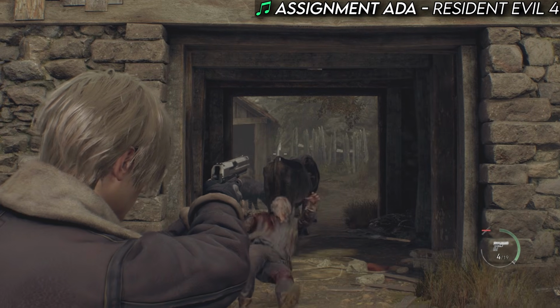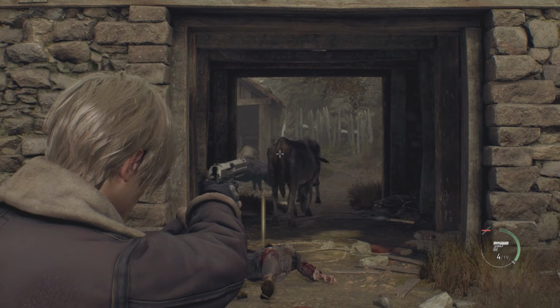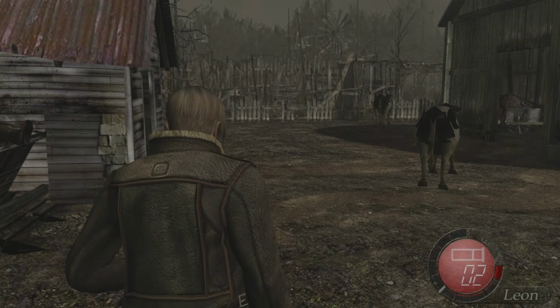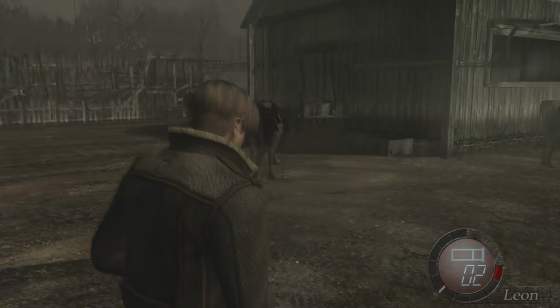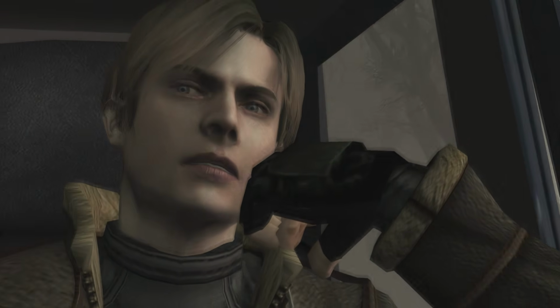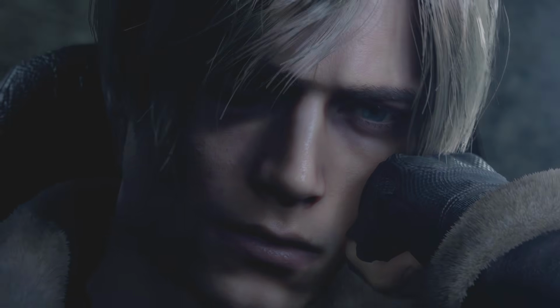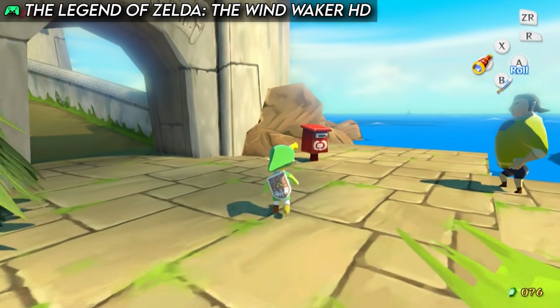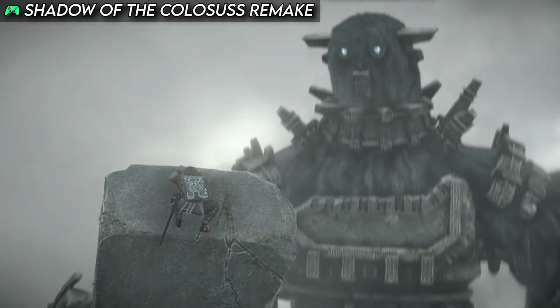It's just a short one this, I just want to make it after playing Resident Evil 4 Remake. I just want to start by saying just how good the original Resident Evil 4 still looks. You know a remake is good when it captures that feeling you had for the original release because it was ahead of its time, like Wind Waker or Shadow of the Colossus.